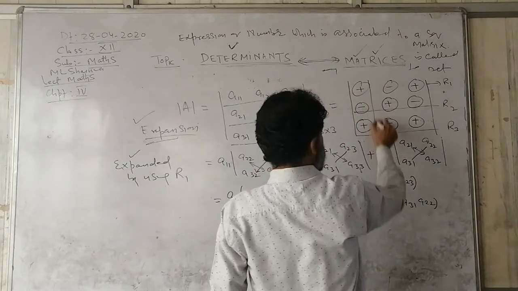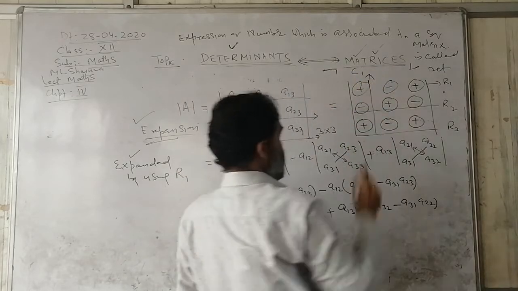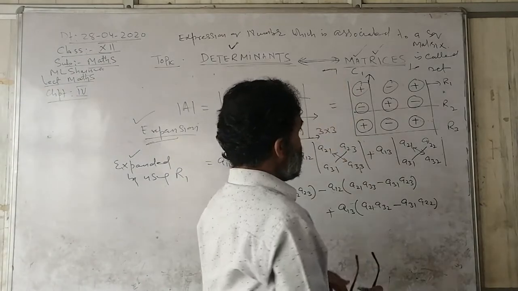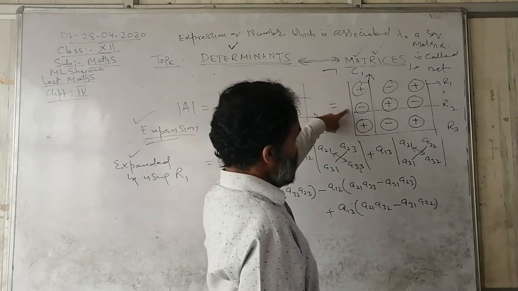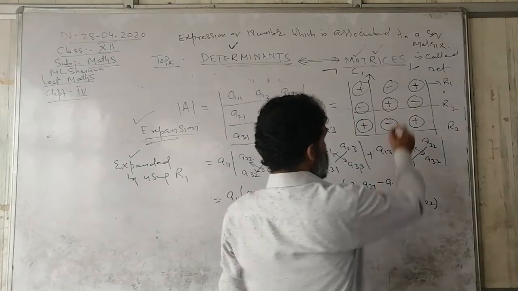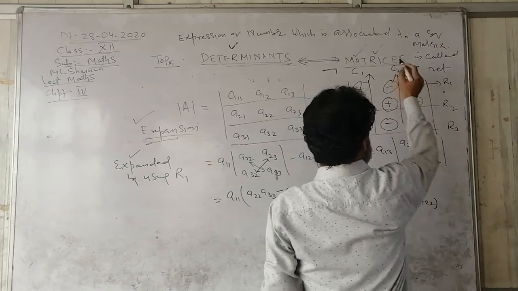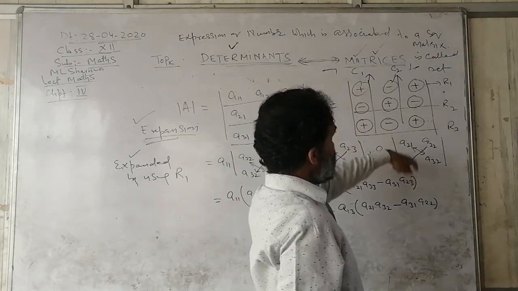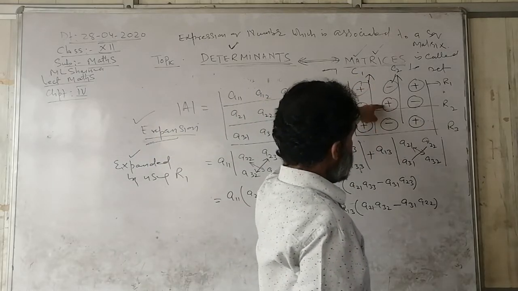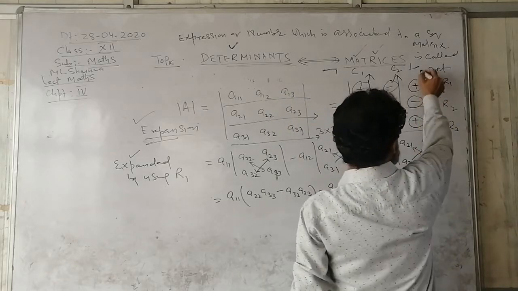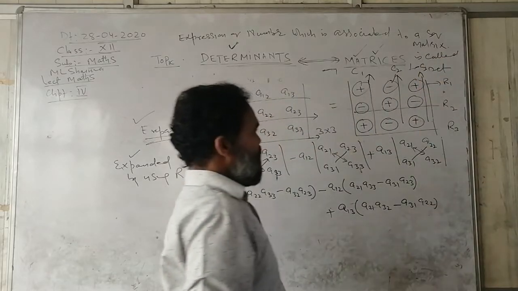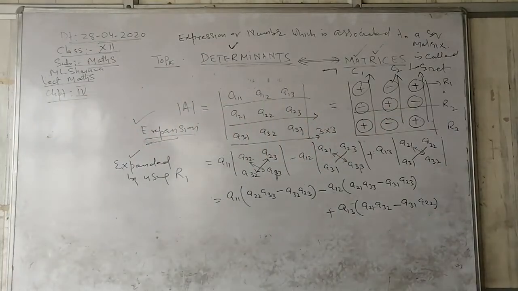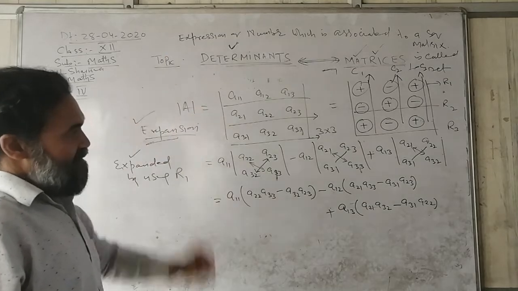These are the three methods by rows, and three methods are others. If I have to expand this determinant using column C1, the first sign will be positive, next negative, then positive. In the same way, if I expand using column C2, the first sign will be negative, then positive, then negative, and lastly for the third column expansion I will use these signs. So this is how a 3 by 3 determinant is expanded.